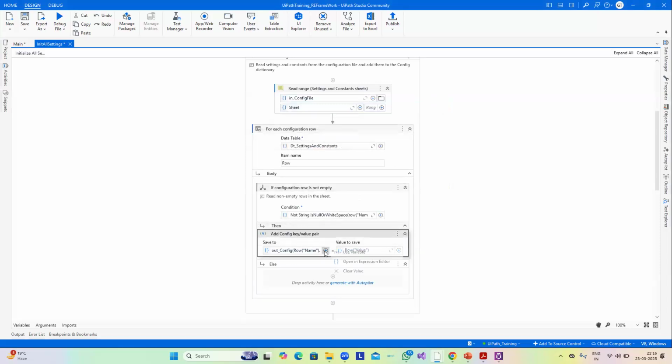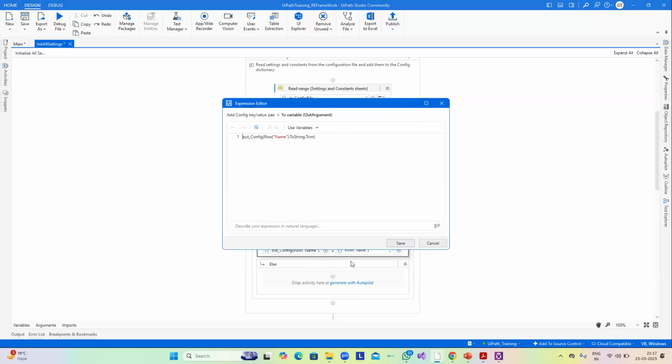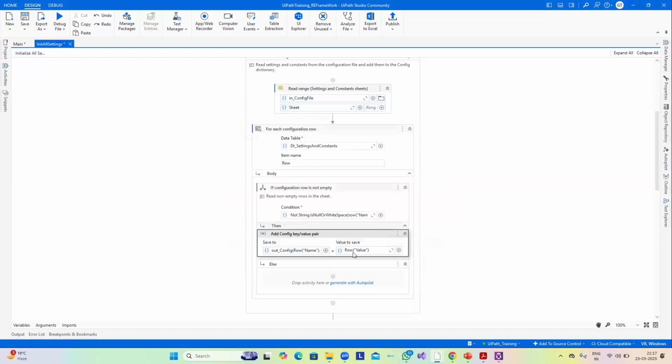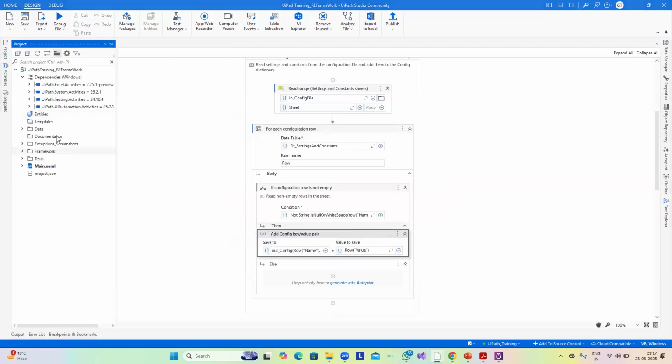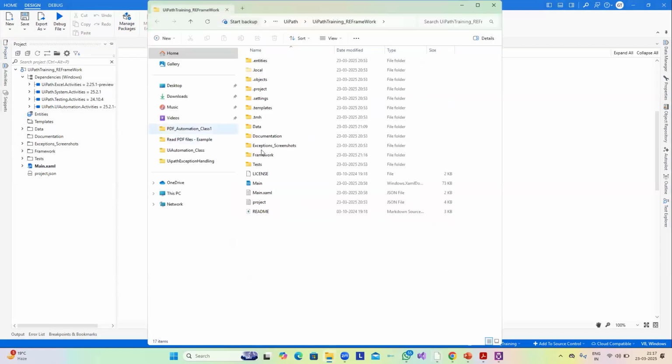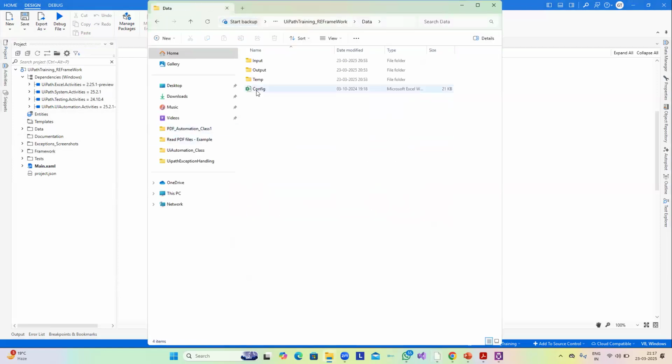And then basically, if it is not empty, then it is going to provide that key directly, out of config row name. This is the way of storing a key in the dictionary. First thing is that we are initializing a key, and then in that key we are storing whatever value is present in the value column for that particular name. So if I open the config file again for you,